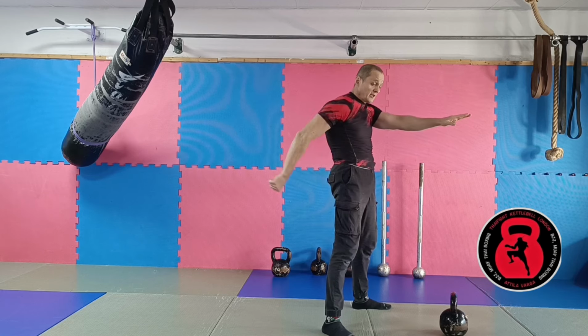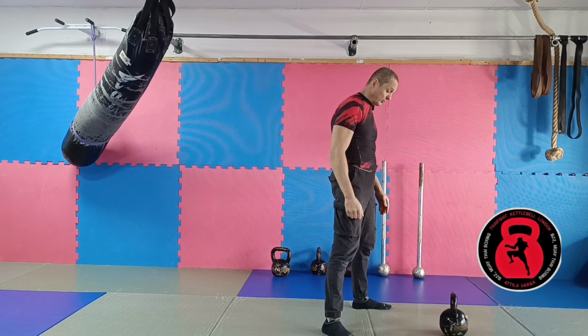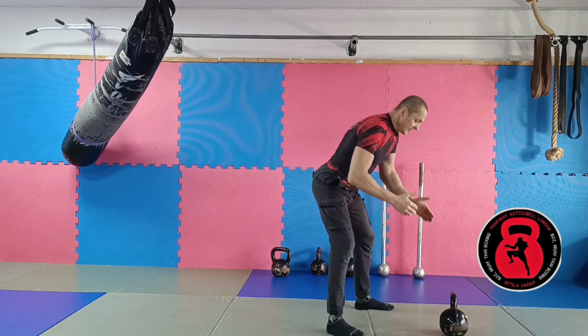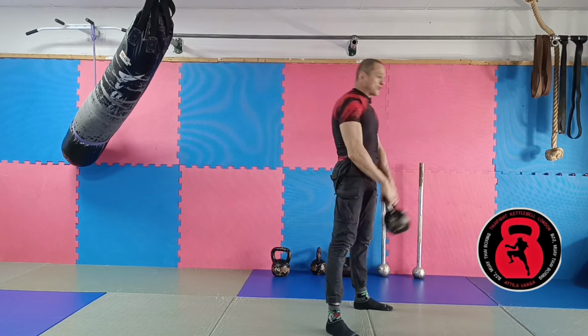And I stop here, core glutes tight, just like someone wants to punch and kick the body, and you have to protect the whole body, and that's the reason the whole posterior chain is very, very powerful with this drill. So I'm gonna hinge back, grab the weight, drag behind me,